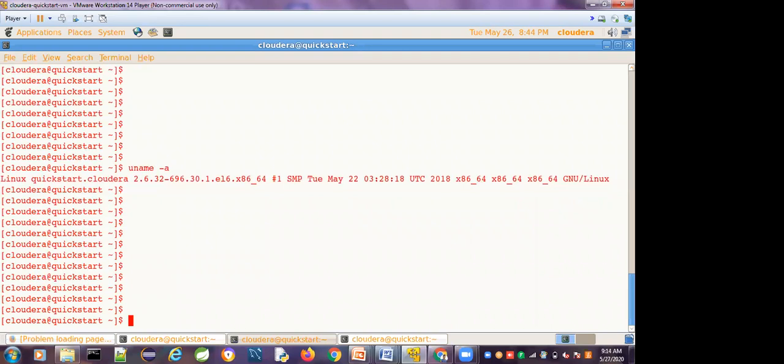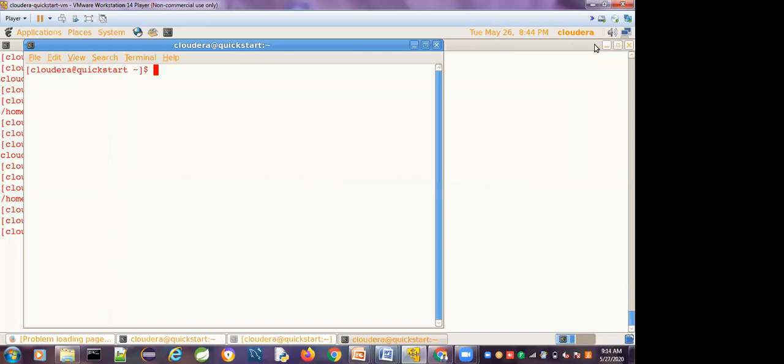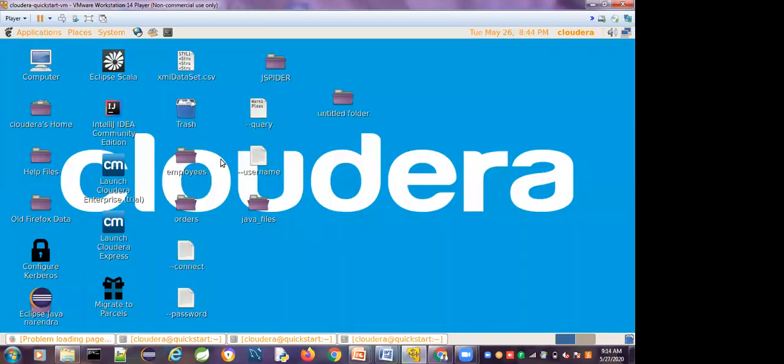When we are connected to our Linux server, we have to give the IP address, the system address, with the help of PuTTY. I will check whether PuTTY is present. Is there any PuTTY present?